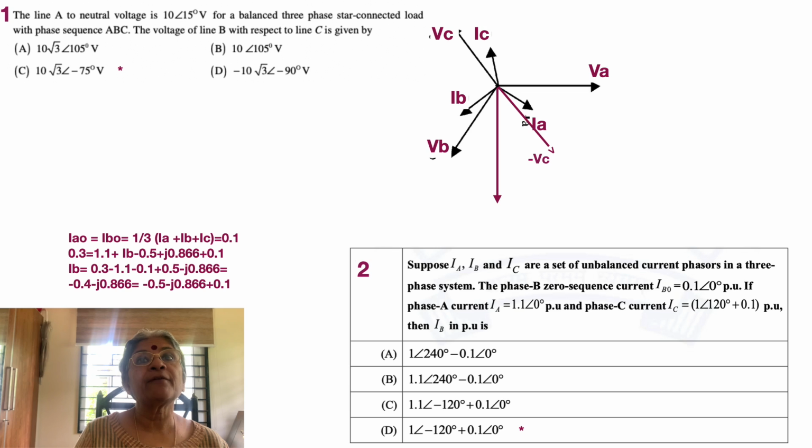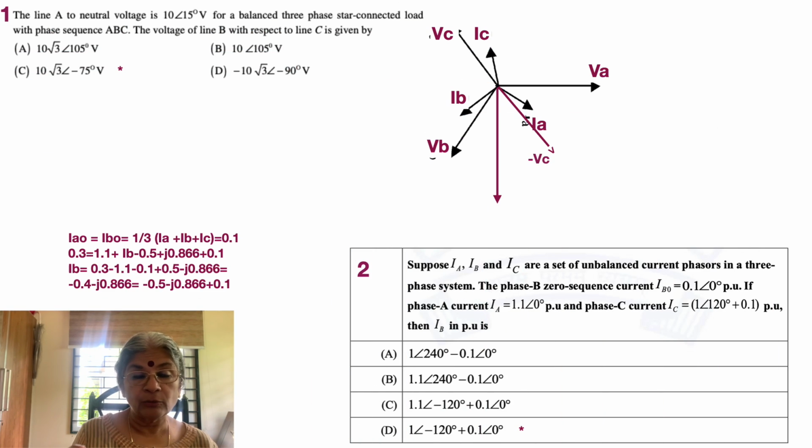Okay, so just for reference sake, I have given a drawing alongside, and please notice that though it is mentioned that line A has a voltage with respect to neutral as 10 angle 15 degrees, the amplitude is the RMS value, as was mentioned before, and the angle is with respect to the horizontal. And it is positive in nature, which is reflective of the fact that you have an angle in the counterclockwise direction, unlike in the case of electrical angles, wherein the power factor angle or whatsoever is in the